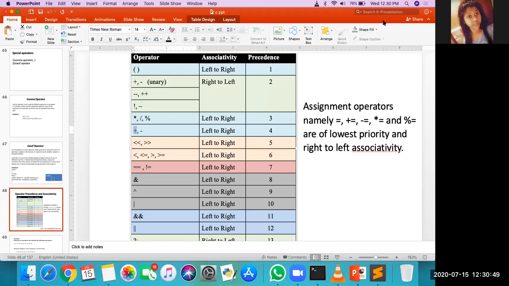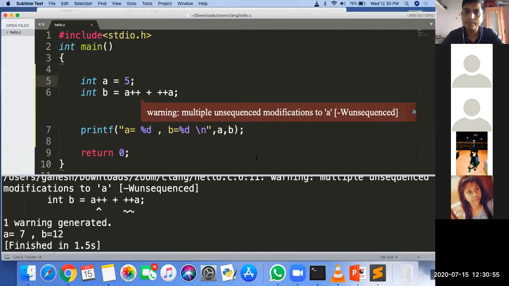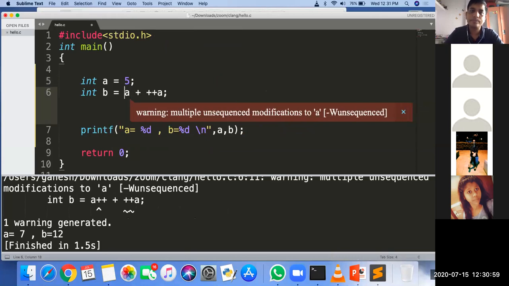Sir, if the expression is like plus plus A plus A plus plus, first pre and later post, the answer will be the same, no sir? First pre and then post.